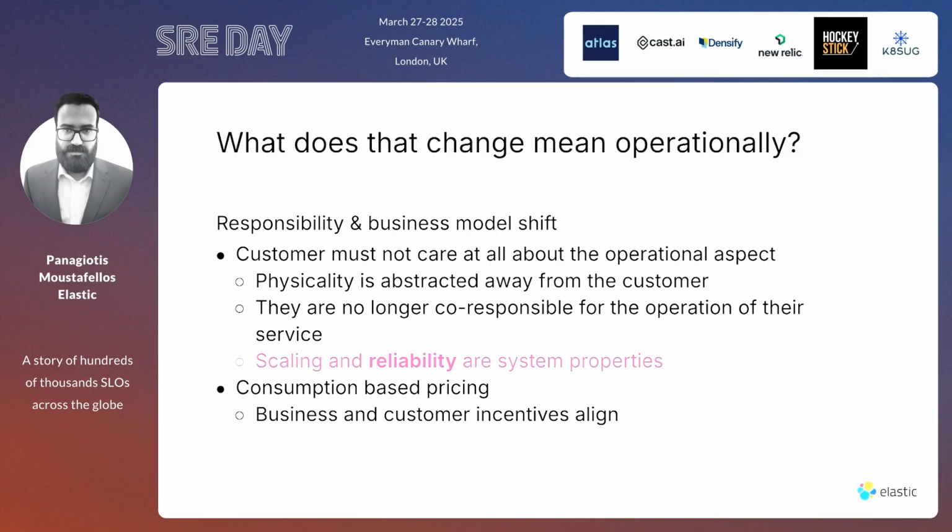The other key difference is that we shift towards a consumption-based pricing as opposed to paying for cores or storage. You now pay based on your consumption. Why that's important is because business and customer incentives align. In the experience of Elastic Cloud Hosted, any type of technological breakthrough that would provide some improved price performance experience for the customer, if introduced very abruptly, would mean that we have some headwinds in terms of revenue projection for the company. Like essentially you can do more with less.